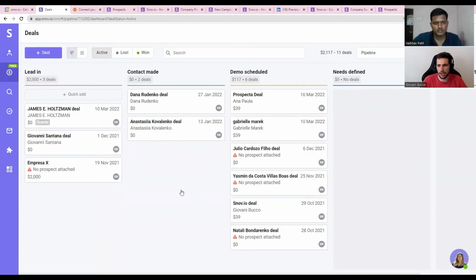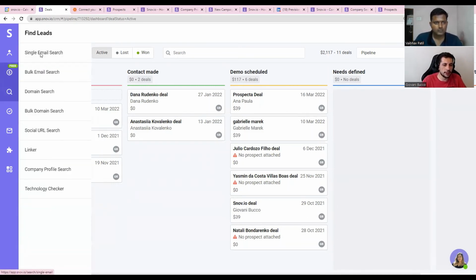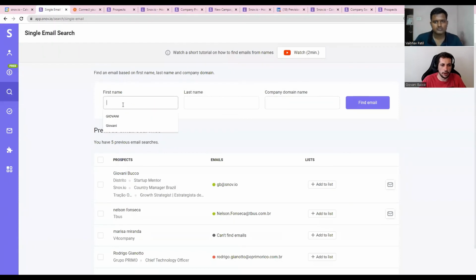Got it. Do you have any more questions about the tool? So these were all the features we covered, right? We can find emails, we can send email campaigns, we can store the pipelines, connections, and we can verify the emails too, right? These are all the important features that we have seen. Is there any other feature? Yes, we have a few other features like a single email search, but those are more specific.